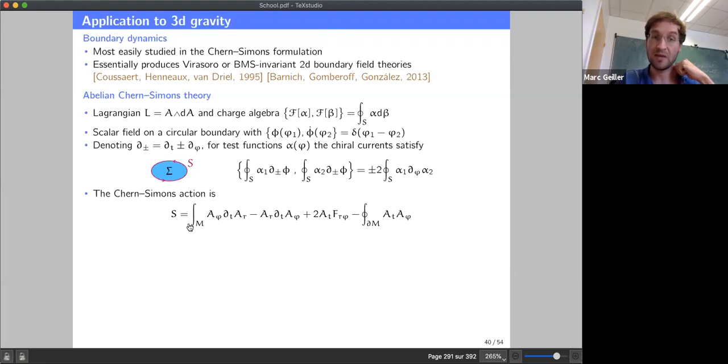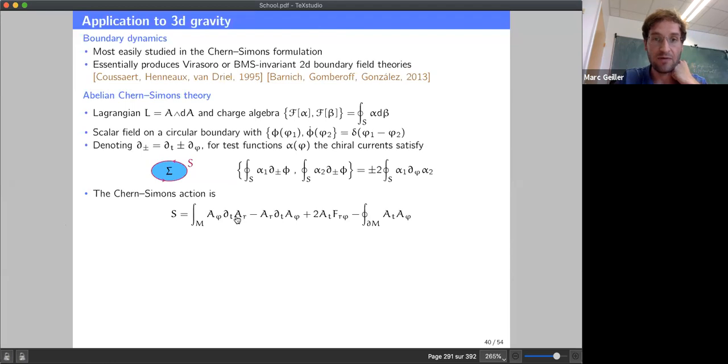So we can think of the spacetime M as being a solid cylinder. Now here I have just written the action in Hamiltonian form. And to do this, I have produced a boundary term. And this boundary term is just the integral of the component A_t and the component A_phi. And you see that this is indeed the action in Hamiltonian form, because here you have the canonical term with